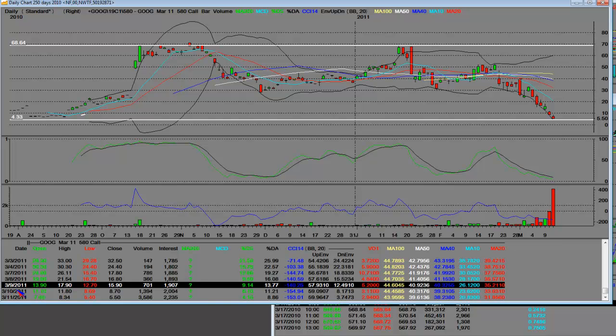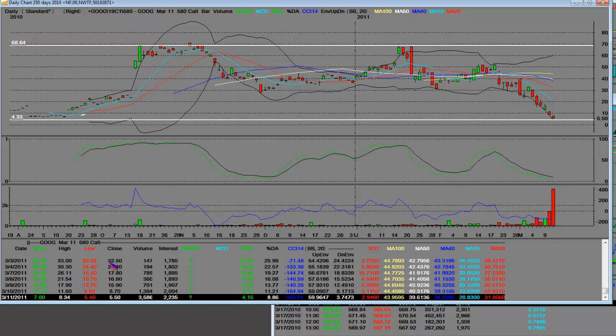Three days ago, the high was on 3/9. Now this is 3/9. Today is Saturday the 12th. But the high was 17.90 and the low was 12.70. They managed to close that day at 15.90, and that was 3 days ago. Now we're going into an options expiration, and on 3/11, the low was 540. They closed at 550. 3,500 was the total volume traded, and the open interest was